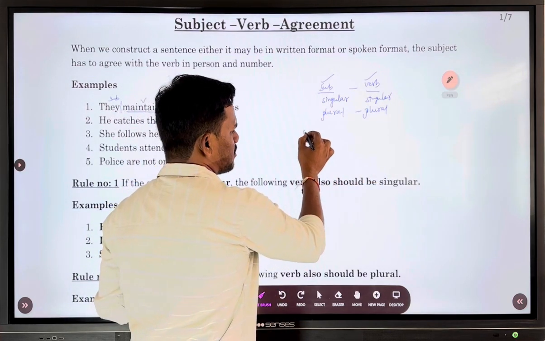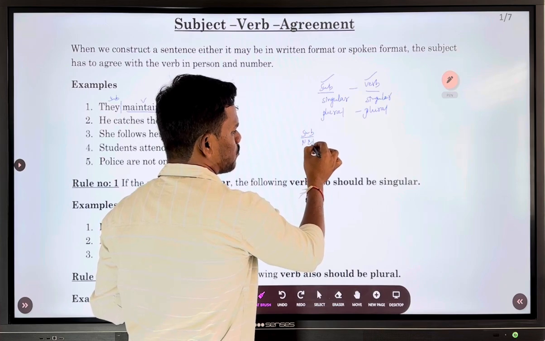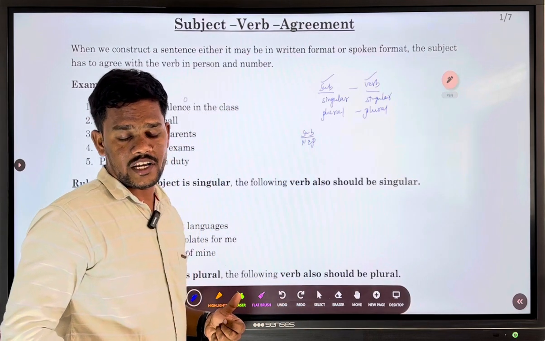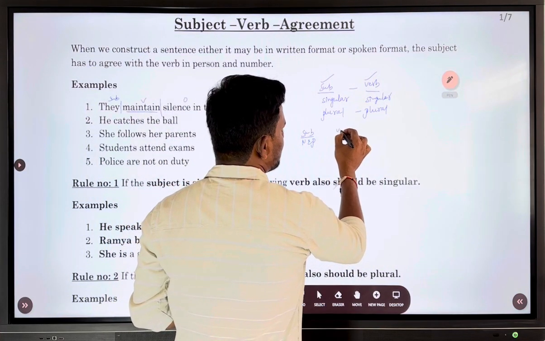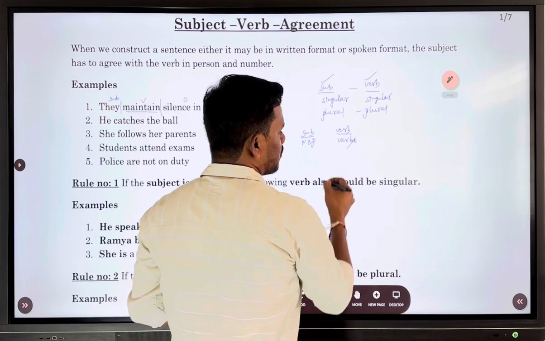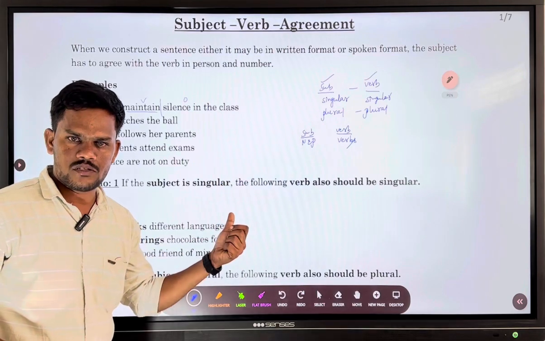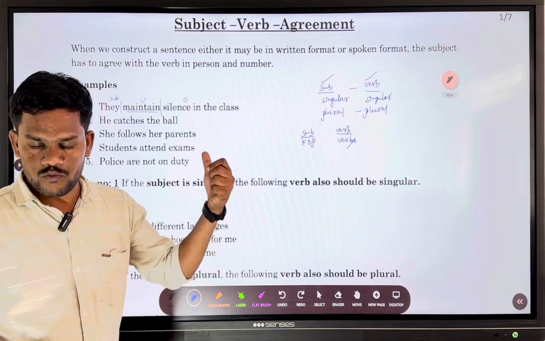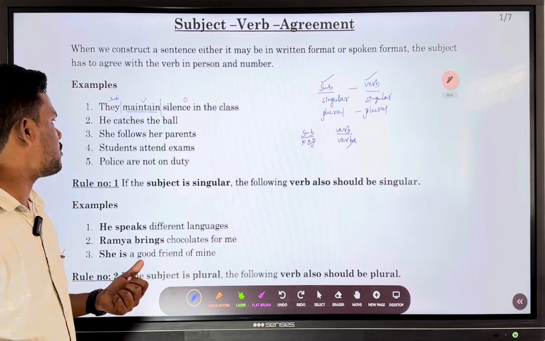See, in subject places, we'll get nouns and pronouns. In verb place, we'll get verbs. First, if we can know what is singular and what is plural in subject places, and what is singular and what is plural in verb place, then you can easily form a sentence without making mistakes. See here,